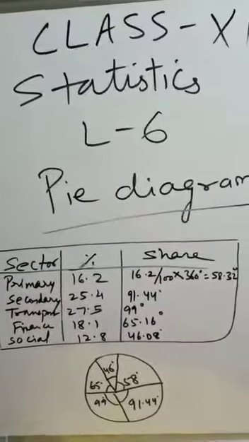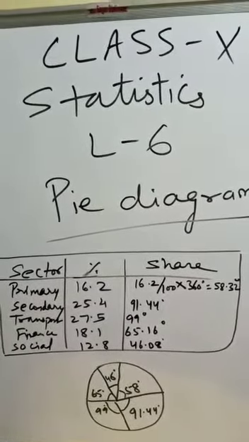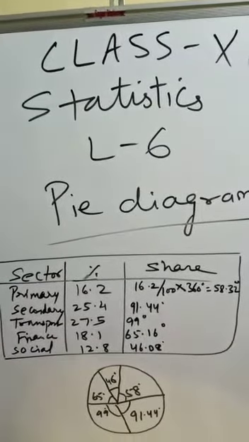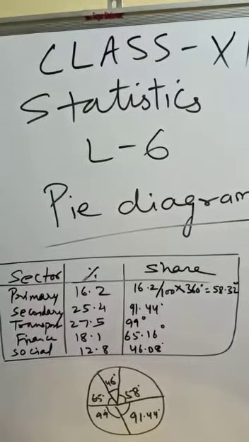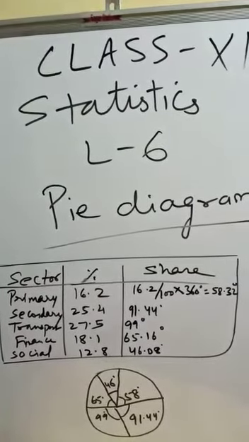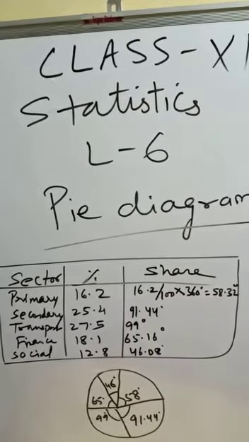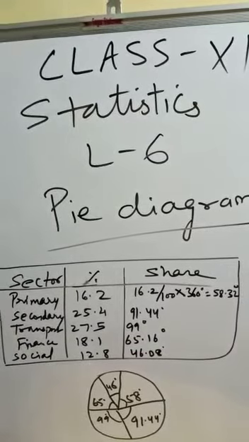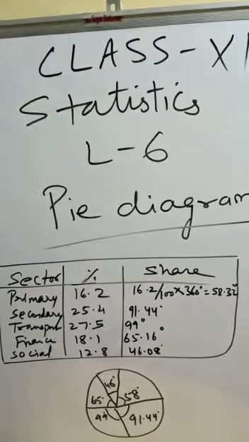Below this, there is a circle in which I have drawn a straight line, and by using the protractor I have marked first 58 degrees for the primary sector, and then again I have put the protractor and marked 91.44 degrees for the secondary sector, and then again I have used my protractor and marked transport with 99 degrees, and